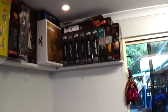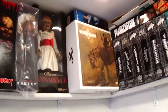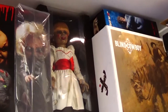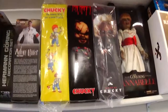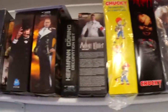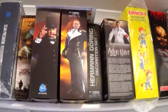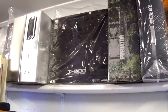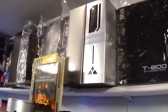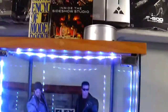This is my Sideshow horror, Universals, Silver Screens. I have some Mezco horror, Annabelle, Chucky, and some war figures. Predator, Arnold. That brings me to my first detail, which is my old figures,